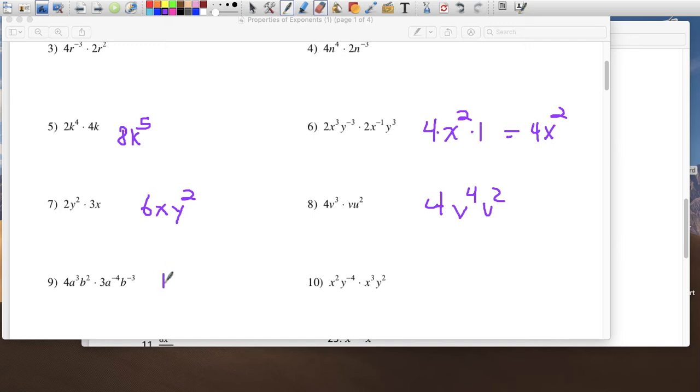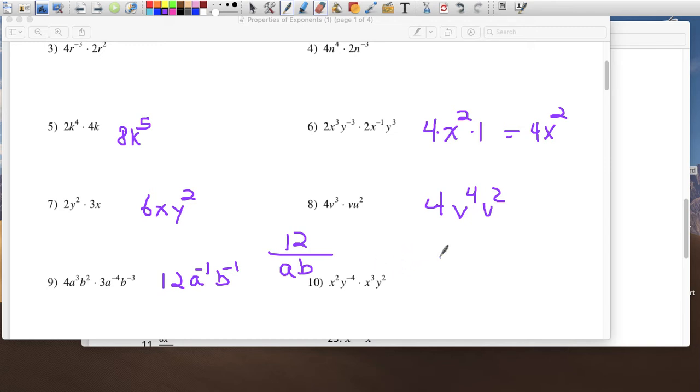Next one, 4 times 3 is 12. A to the 3rd power plus a to the 4th gives me a to the negative 1st power, and b plus b squared. So I keep the base, add the exponents. 2 plus negative 3 is negative 1. Again, nothing wrong with this, but our objective is to write it with all positive exponents. So the a is going to come down to the 1st power, and the b is going to come down to the 1st power. That's my